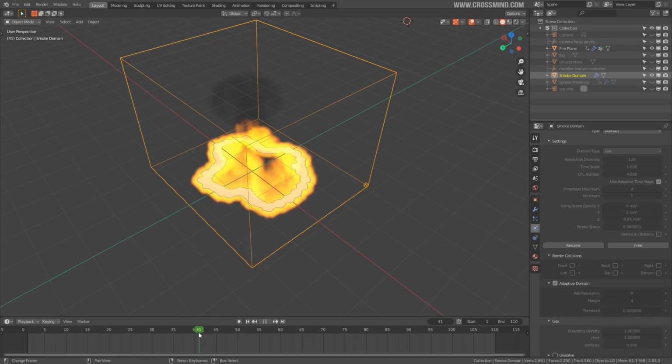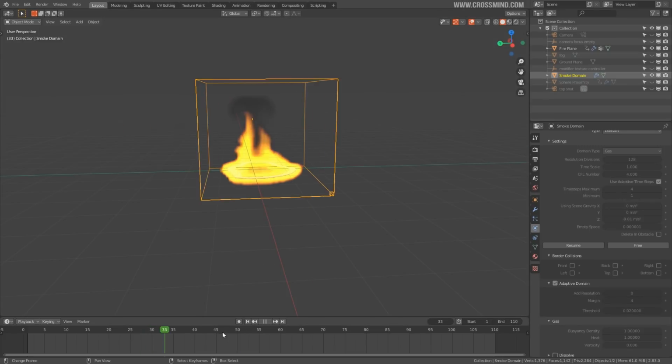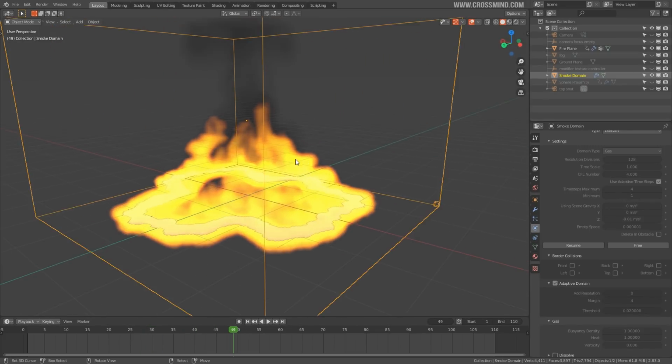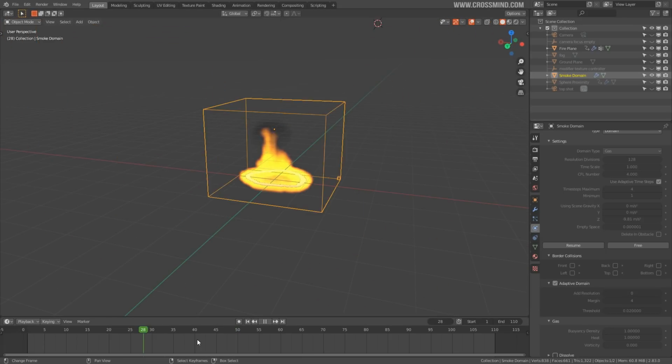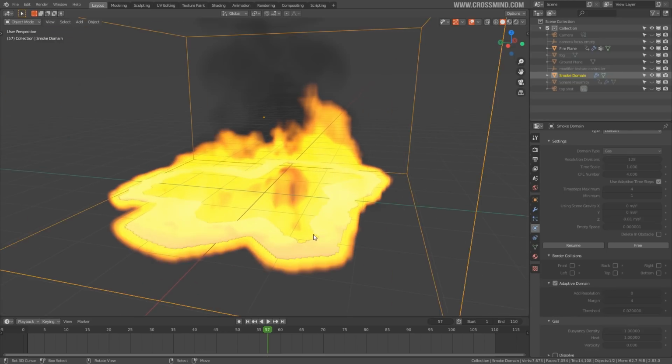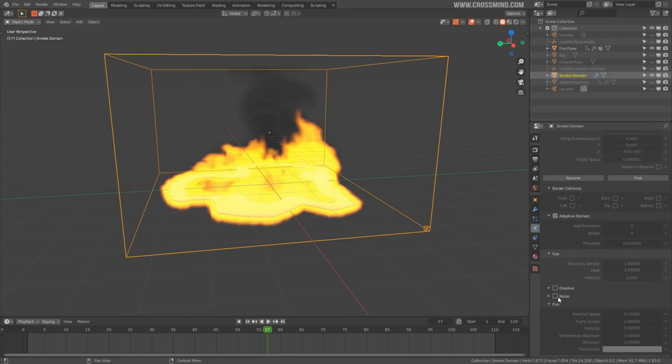Looks good. I think all of it is working fine. I kind of like the default look. I don't want to mess it up too much. It doesn't seem necessary. And I'm sure these flames will look even better when we use the up-res resolution